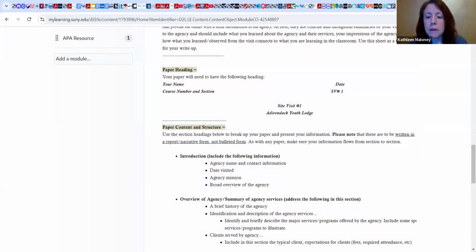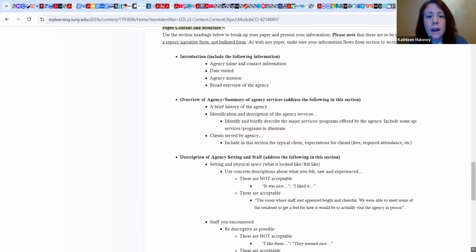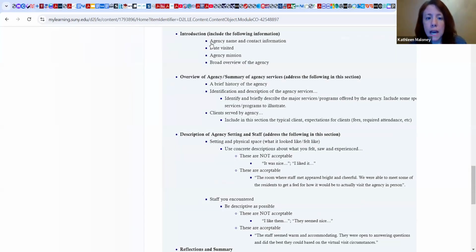Each paper is the same in that it is broken out into different sections. The paper should be written in paragraph format, so please do not use bullet points. And you can use headings. So you can use introduction, for example, as the first heading, and then write a paragraph or 2 regarding these items.